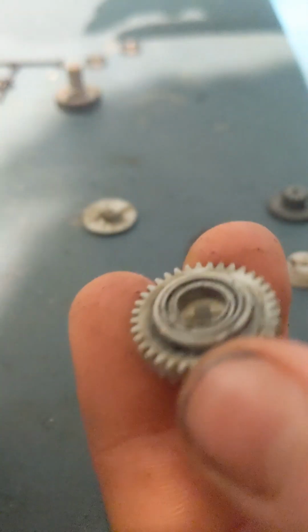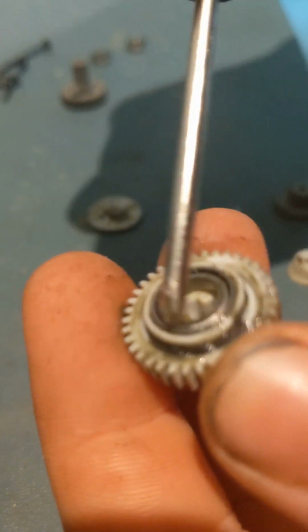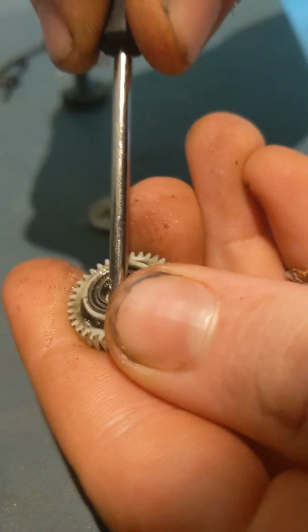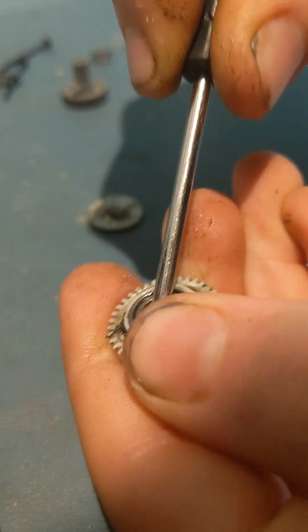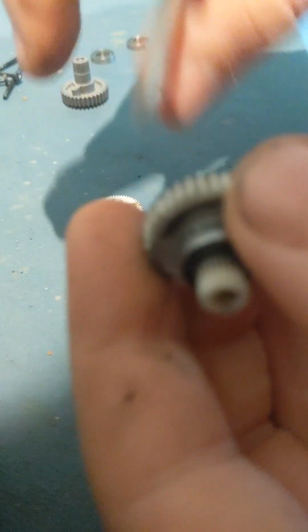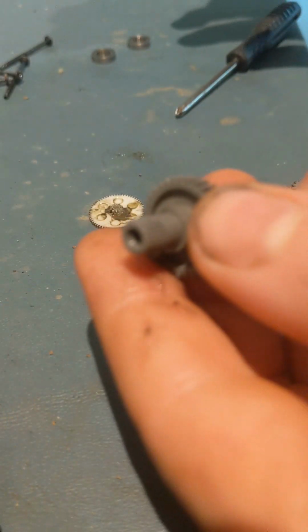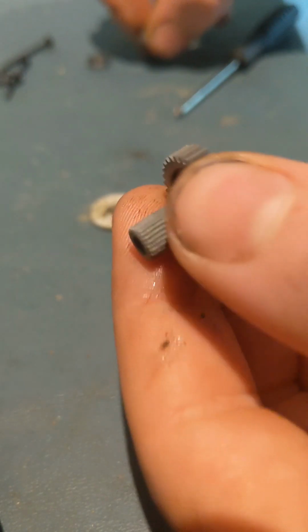Do something, but I'm gonna do this off camera too because I need two hands for this. So here's the gear. I'm just gonna take my screwdriver and put it in here and try and get the bearing out. Alright, so now we have our new gear that's gonna go in the bottom there, and we have our new